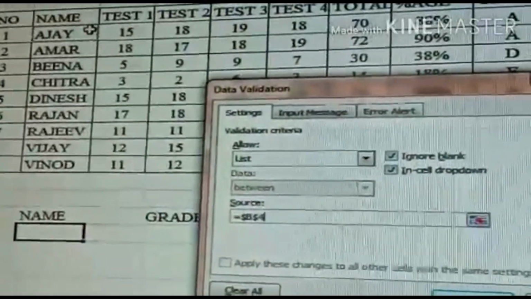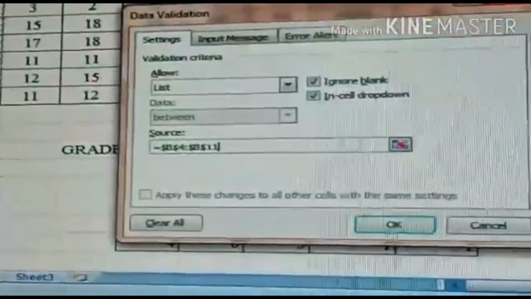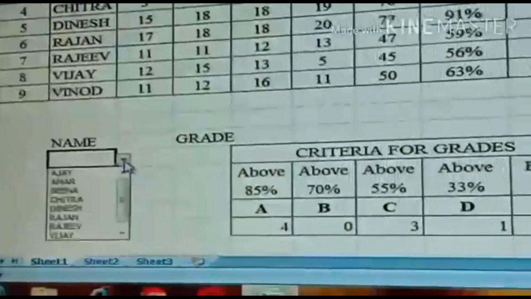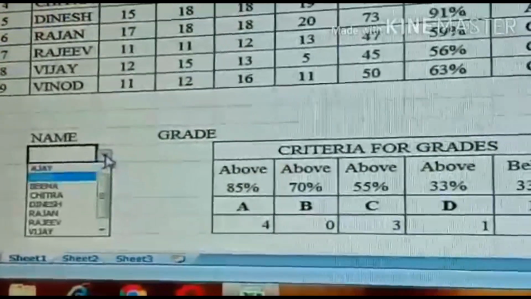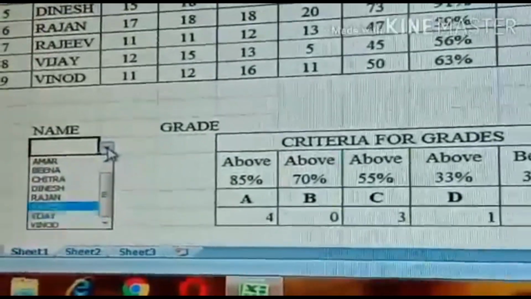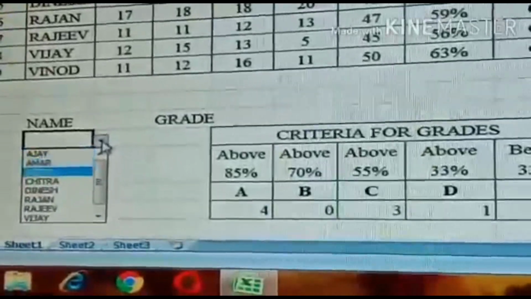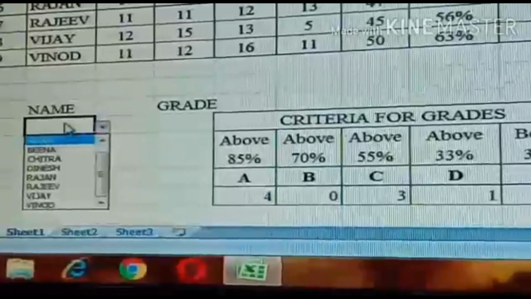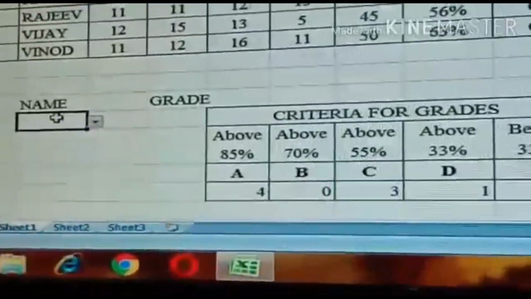From this, we select List and then select the range. I am creating a list of names, so I have selected the range for the names and click OK. Now a list is created having all the names which are present in the table. This list will be used to paste the respective grade of the student by the use of the VLOOKUP command.